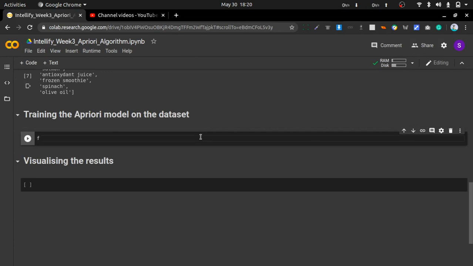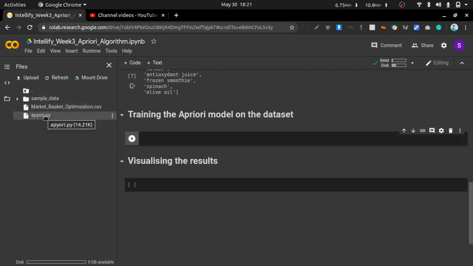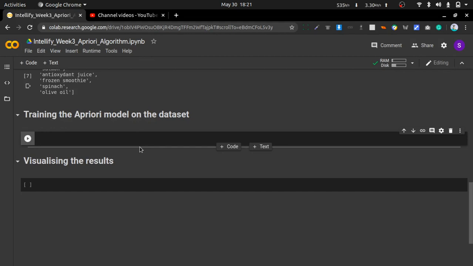For this I will not import any external library. So this is another method. You can import the method by installing pip, or I have downloaded one file from the internet, apriori.py. I am using the method from this apriori file, but you can import an external library and use that too. So this is just another way.